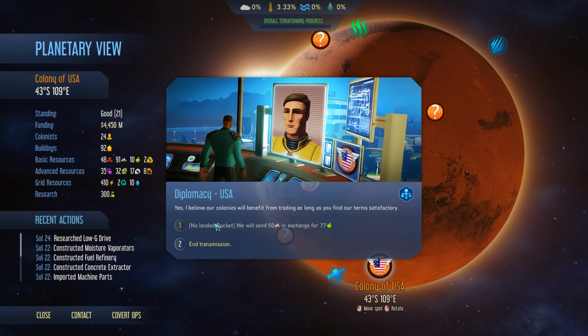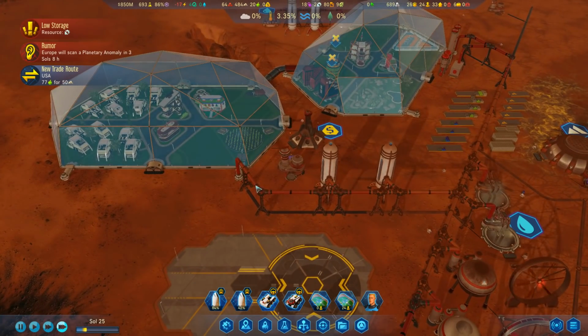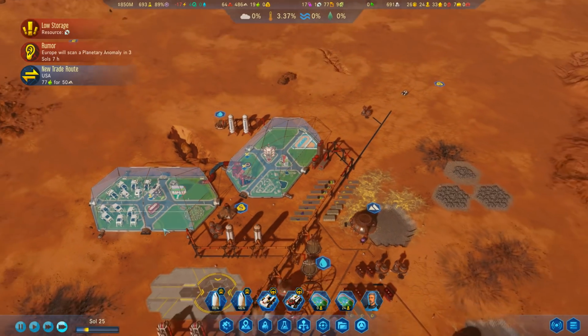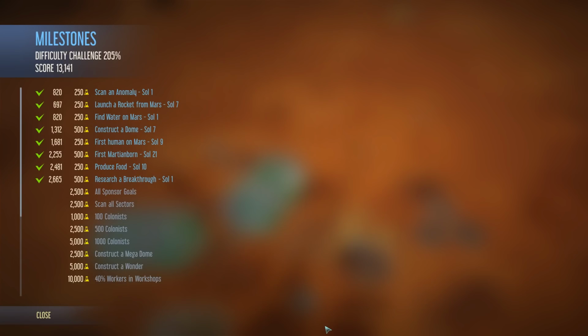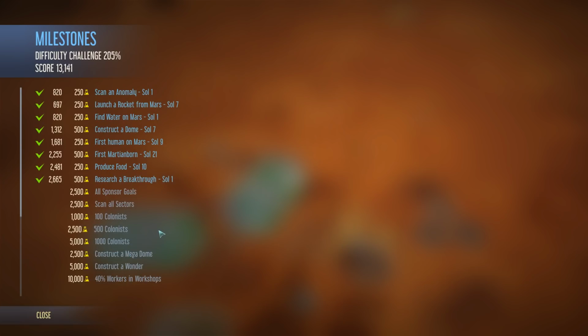We just got an offer from the USA to trade 50 concrete for 77 food. I think that's going to be a great idea. The only downside right now is that we don't have any rockets to spare. So as soon as we can, we will be sending this new rocket back home. Europe will scan a planetary anomaly in 3 days and 7 hours. Is this one of these milestones? Scan a planetary anomaly. I can't even tell. Is it...